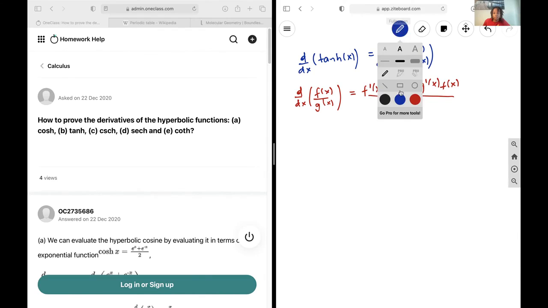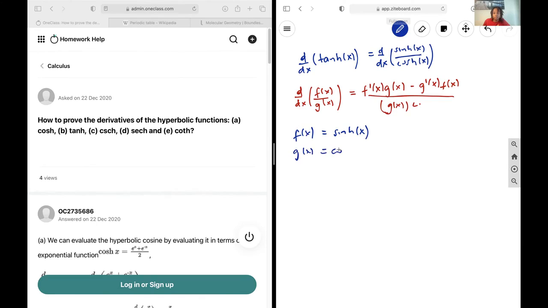Okay, and so in our question, we have that f of x is equal to that, and g of x is equal to this. We already determined the derivative of this, and that is going to be that. And in similar fashion, if you go through the same process, but instead with the hyperbolic function for sine, you are going to get that the derivative is actually the hyperbolic function for cos. And so now we plug all of that into our formula here,